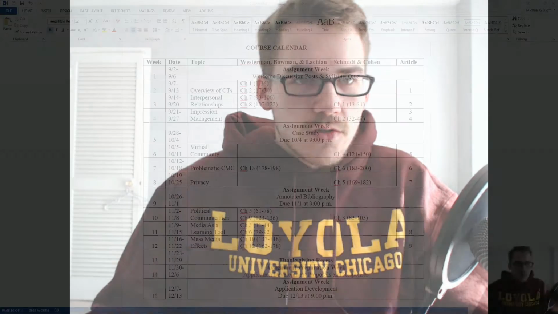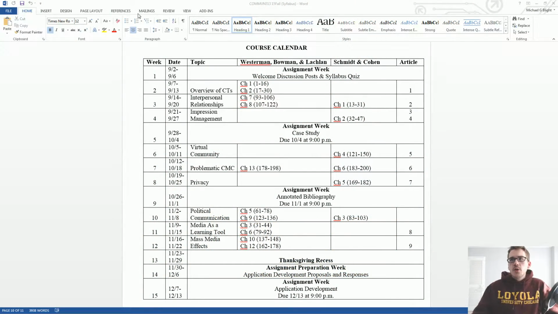So if we go, and I'll switch ahead to the second camera view, if we go in and we try to figure out what is it that we want to talk about, usually the course calendar is the first line of defense. Okay, so we have weeks such as the overview of communication technologies, interpersonal relationships, impression management, virtual community problematic, privacy,